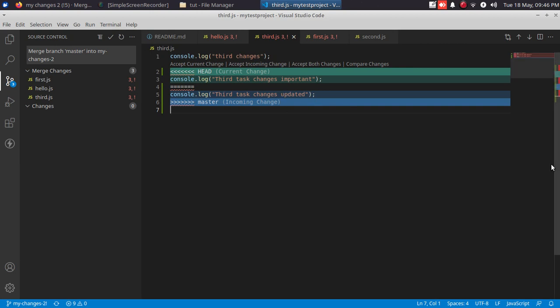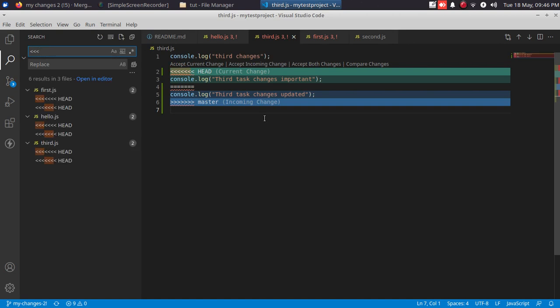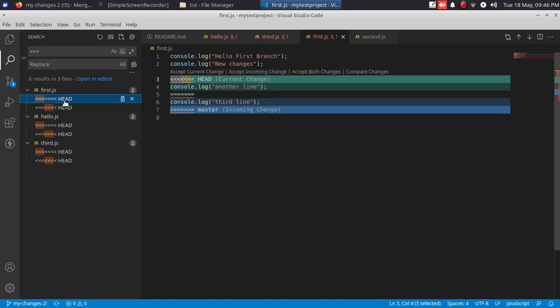So to solve this conflict, just go and search this file showing the changes, but for the entire application you have to check wherever the conflict occurs. So just give this symbol and search globally, you can find. In VS Code it is easy to fix the conflict. What you have to do, check which line is important for you.